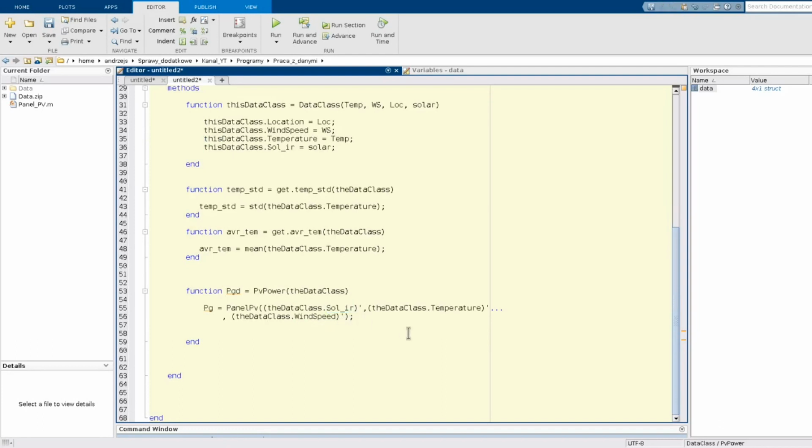Okay, and now, as I said, we would like to compute the daily average values of the generated power to have better readable plots. So this function returns the average values, hourly average values of the generated power, and if I want to have the daily averages, I just need to perform one simple operation, which is